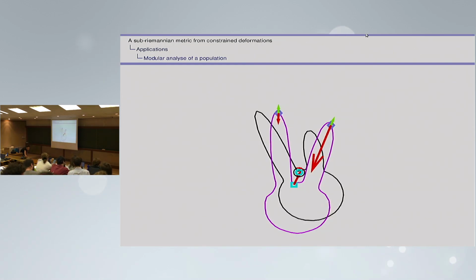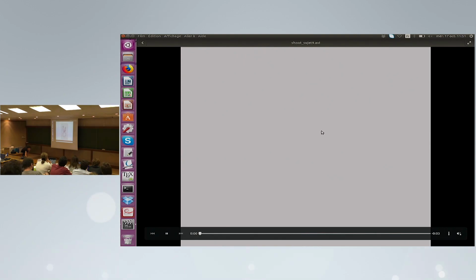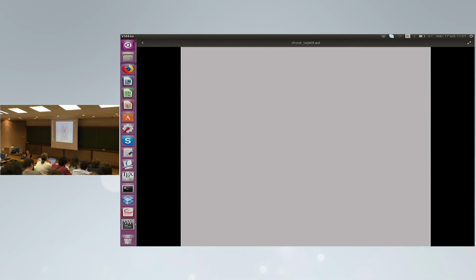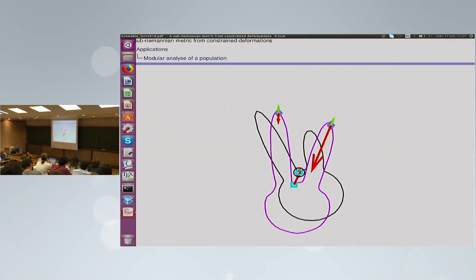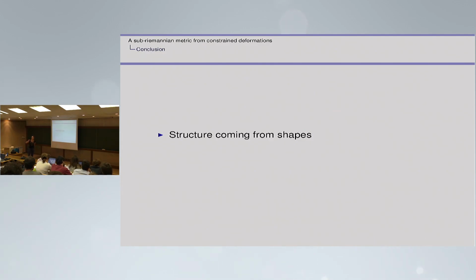And just as an example, the type of deformation that brings one rabbit head to another one. And with this kind of modular deformation, you can characterize and study how different your rabbit heads are given the structure that you incorporate in the study of the population.